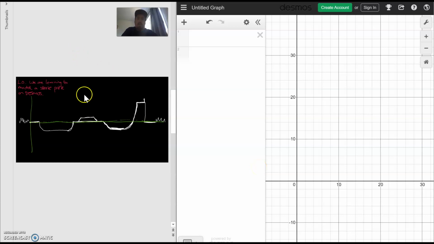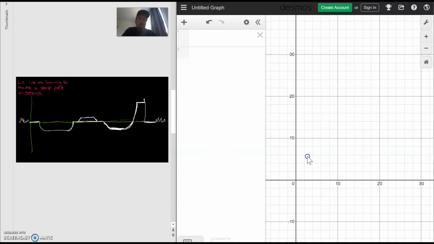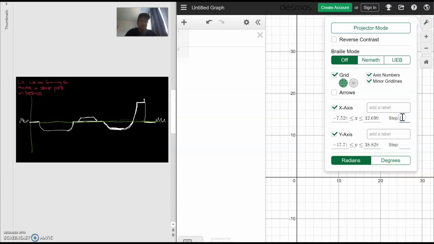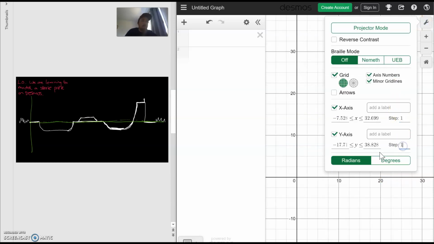Okay, guys, we're back. I've managed to split my screen. I've got on the left-hand side our skate park with our axes, and on the right-hand side, we've got our DESMOS account. First thing I want to note is the scale's a bit weird. It's going up in tens. So what I'm going to do is change the step, so that means I can see every one